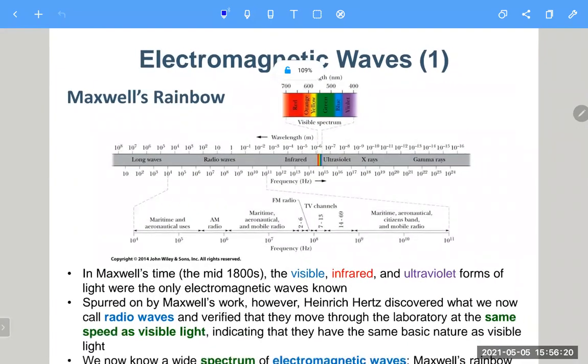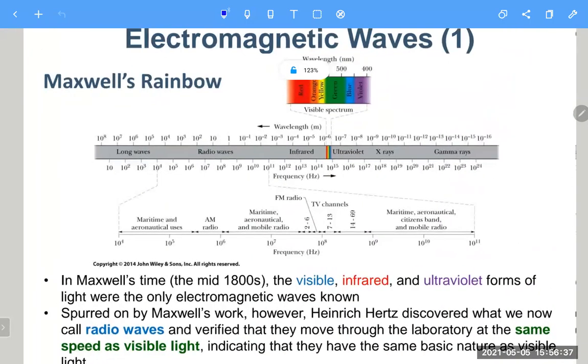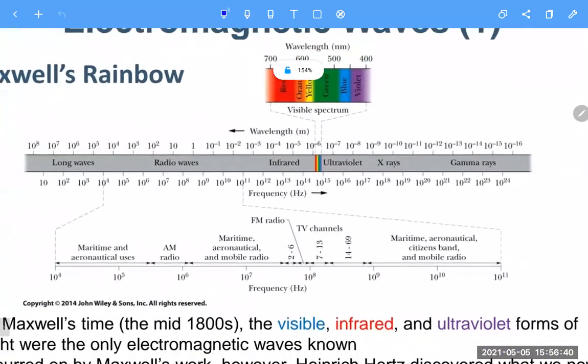So this is called the Maxwell's rainbow. It tells you that actually inside this range, all of them are electromagnetic waves. So in a science point of view, in the very middle part, you can see the rainbow. This is the visible light. You should have memorized red, orange, yellow, blah blah blah. So this is the visible light